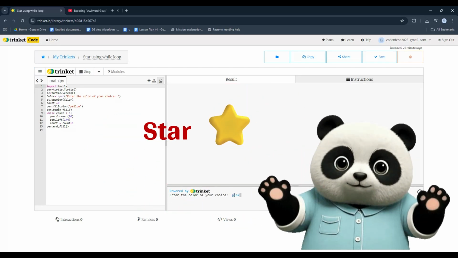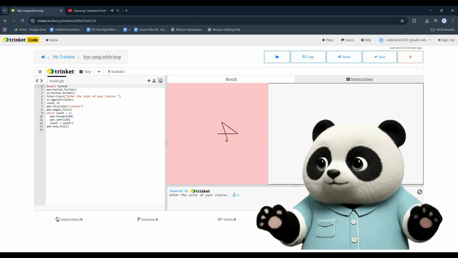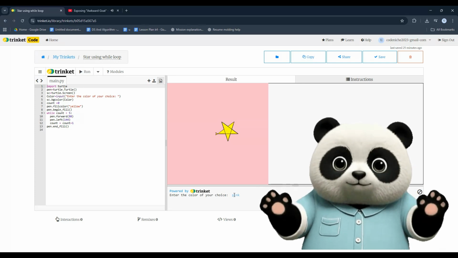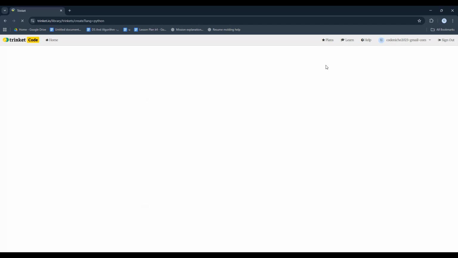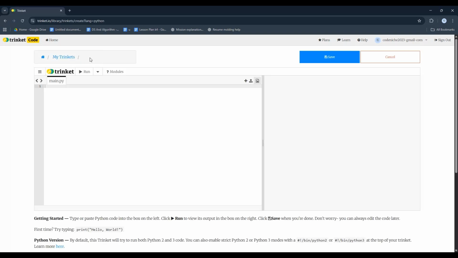In today's video, let's try to draw this star pattern using a while loop. Okay, so here we are on Trinket. Now let's open Python first of all. We're going to create a new trinket for us. Now I want to save it under the name star